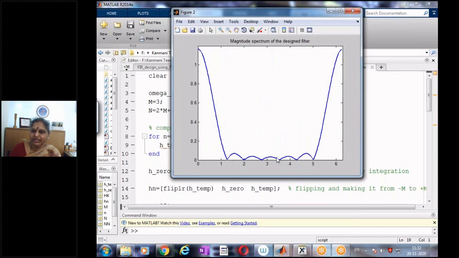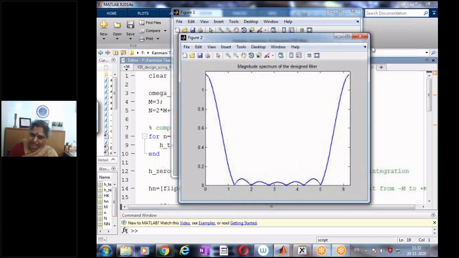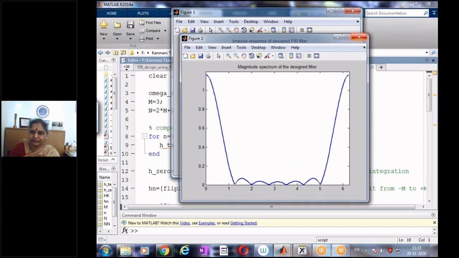So this is what I have. I have the magnitude response of the designed filter in this manner. Let us see, I have one peak here, 2, 3, 4, 5, 6. So I can actually look at the frequency response and tell the order of the filter. See, this is 1, 4, 5, 6. So this is the order of the filter, and the number of ripples that I find is the same as the order of the filter.